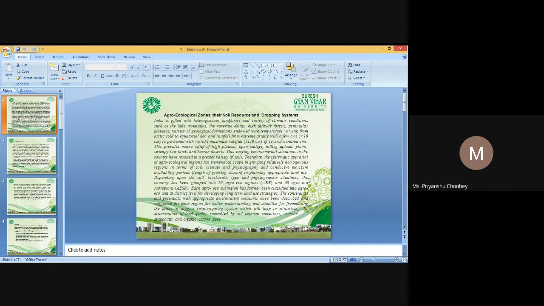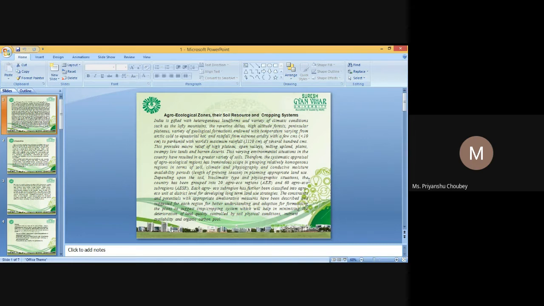The constraints and the potential with appropriate ameliorative measures have been described and suggested for each region for a better understanding and adoption for formulating the plans